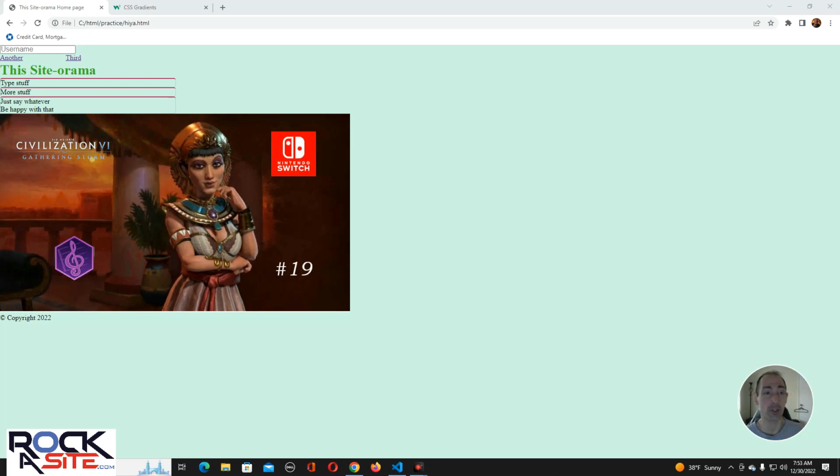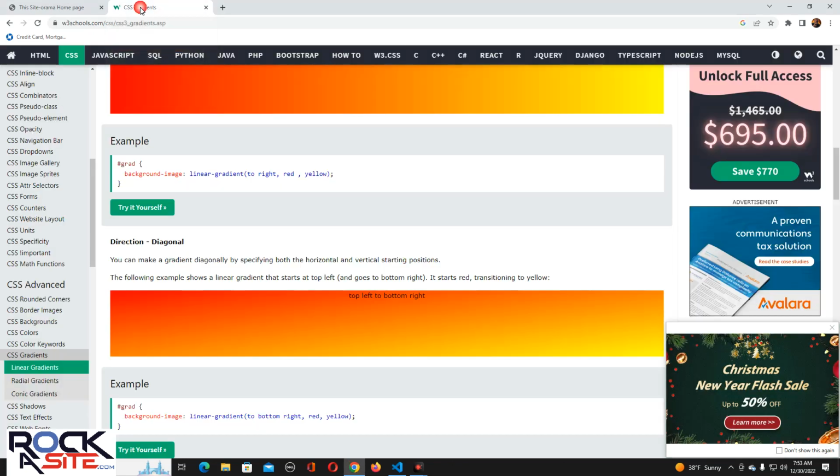Seeing as how we introduced the concept of having background colors, I want to sort of introduce background images and background gradients. As you can see, I've already got it set up so we can look at it